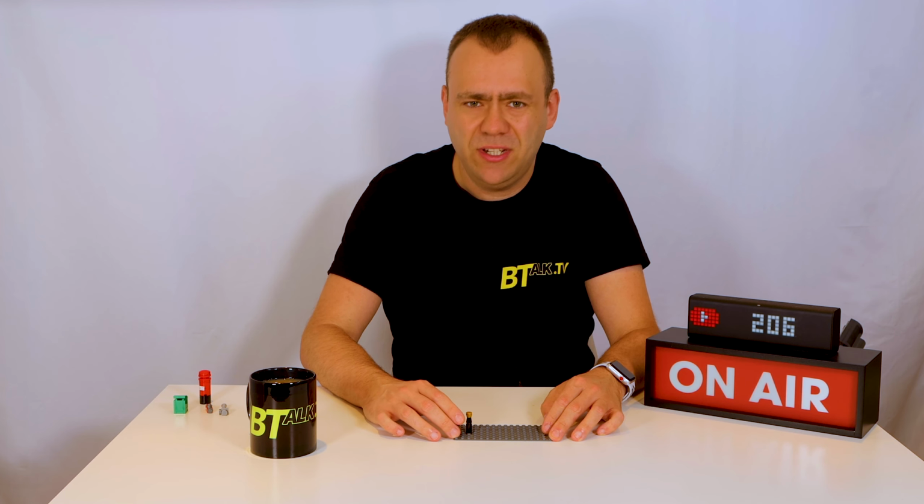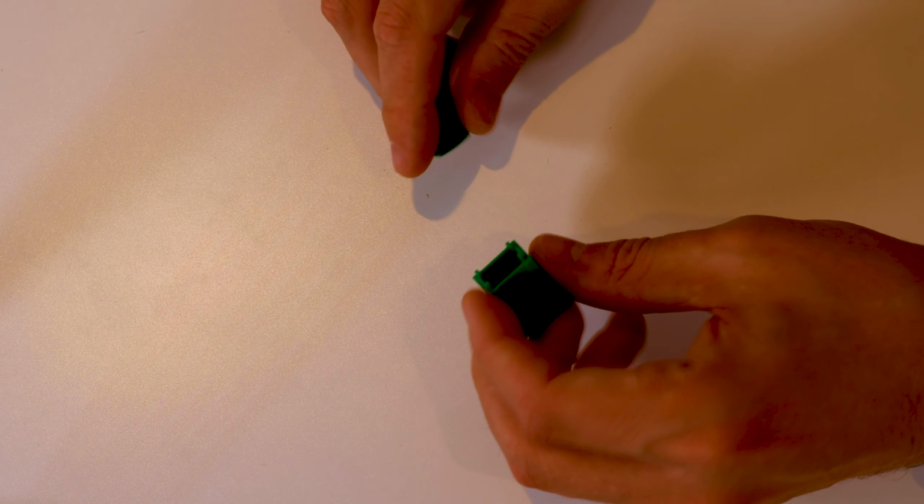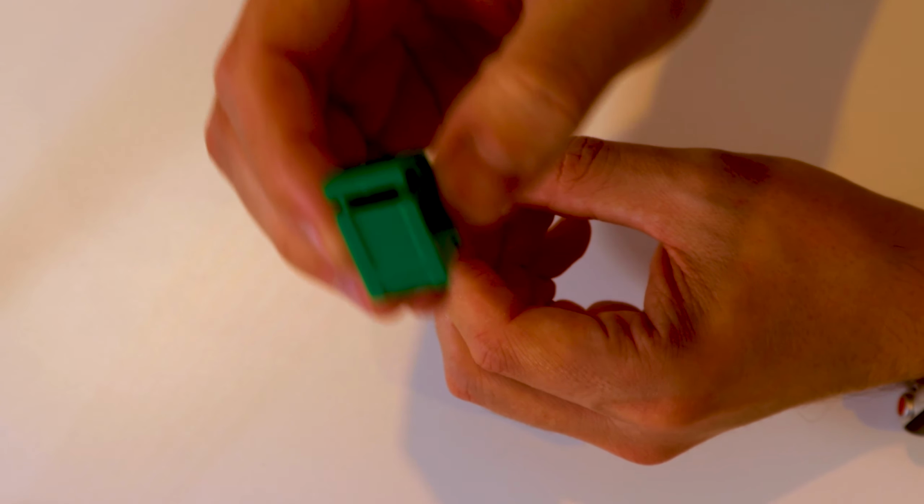And now we'll move on to see how you build the waste bin. The next up is the waste bin. This is just formed of 2 simple parts. So you've got a crate, which I've used green. You can use any colour that you wish. And then also this curved 2x2 piece here. And you simply just clip that 2x2 piece on top of the crate, and then you end up with a